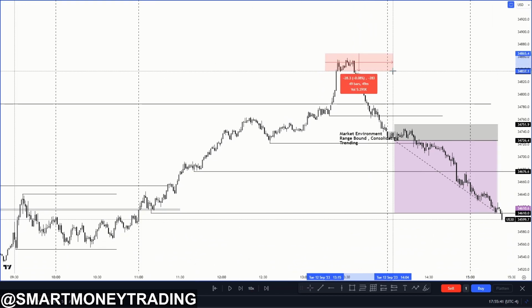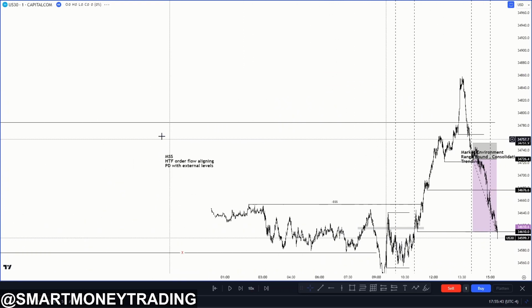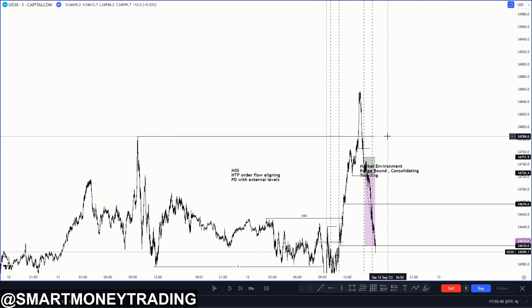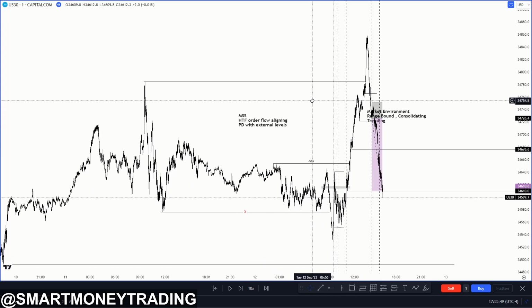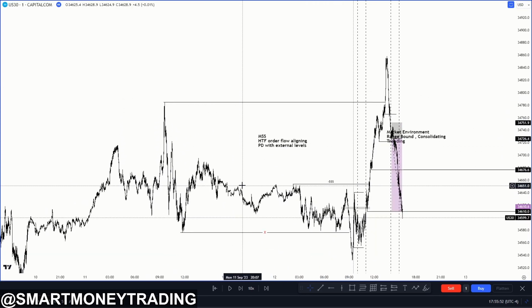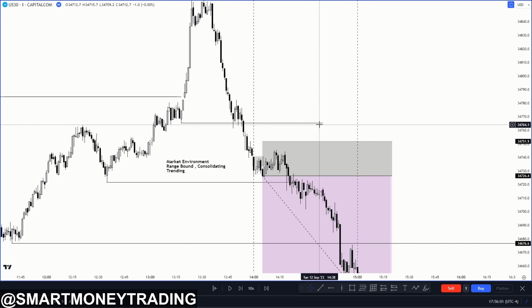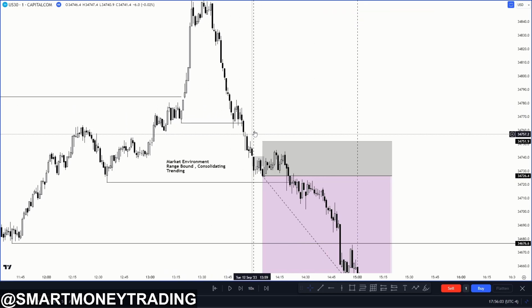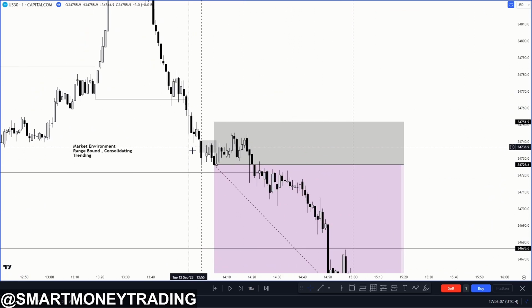the way up. Market maker sell model, you take out that form of external high or buy side liquidity. That would be your external buy side liquidity being taken out. That's kind of why I marked it. I was really skeptical if I didn't mark out this one, but we marked out the external. And then you can see this would be your market structure shift. As soon as we close below that, and then eventually price respected this